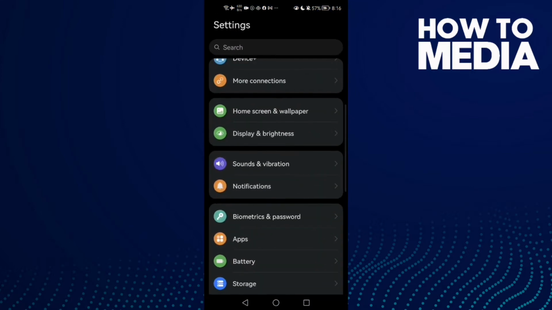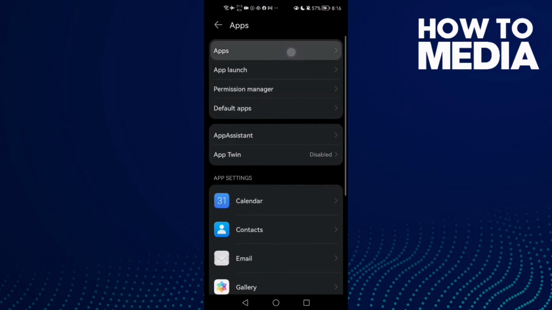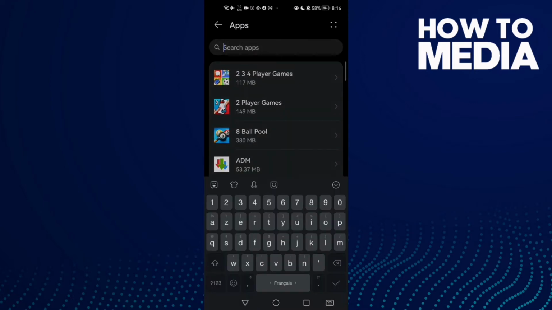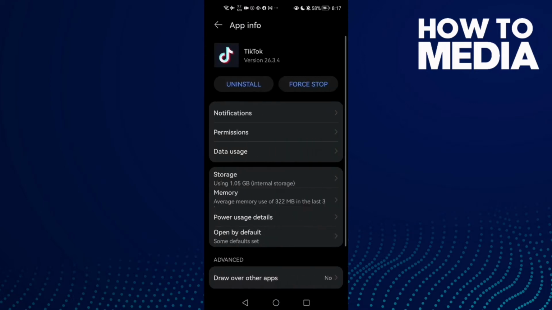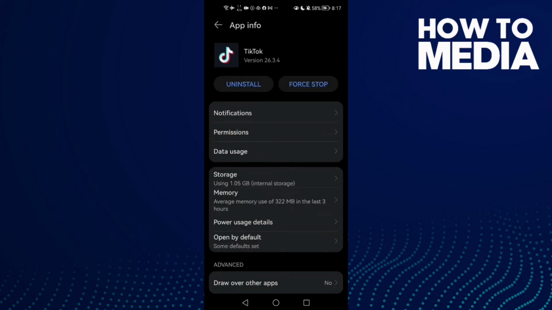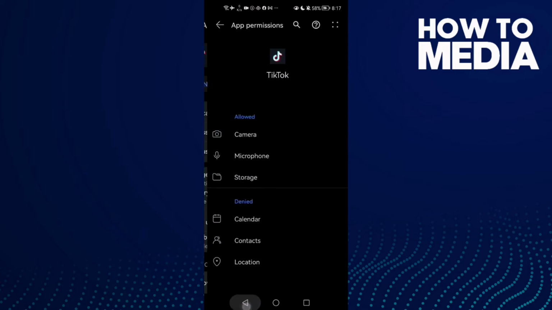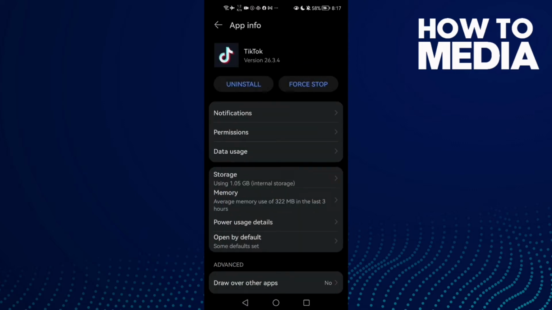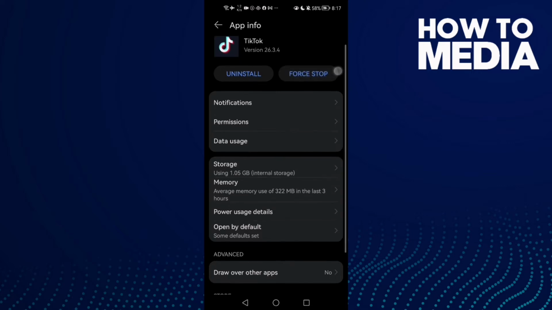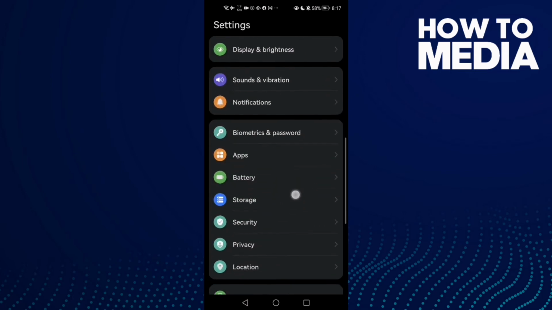First go to settings and then scroll down until you find apps and then apps again, and here just type TikTok, click on it and go to storage. First clear cache and then go to permissions, enable all of those here, and then go to this one here for stop, and now go back and go to your battery